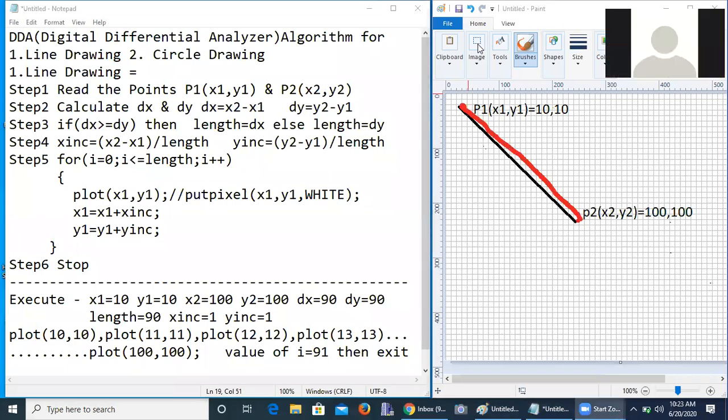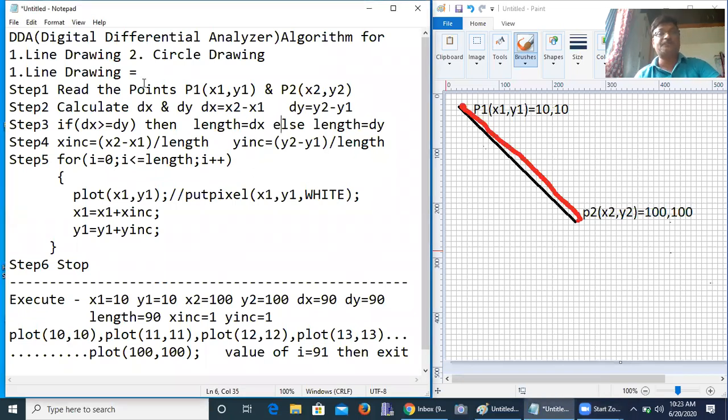No, sir. How do you execute this program on your computer? I am going to circulate our algorithm, that is the text part, and then I am also going to circulate the program. Now, how are we going to write the program for this? I am just minimizing this screen.